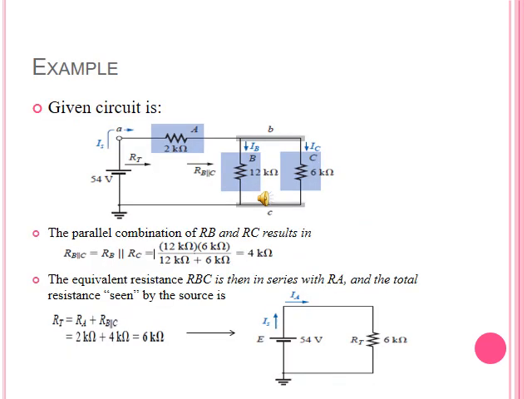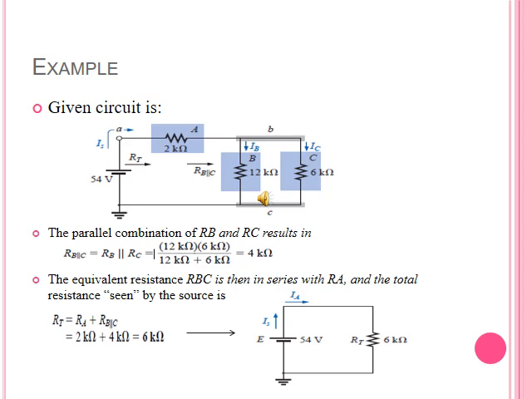Now we are going to analyze an example so that our previously studied technique or approach can be implemented in that example, and you are going to understand it properly. Our given circuit contains a voltage source of 54 volts, a resistor of 2 kilo ohms, another resistor of 12 kilo ohms, and a parallel resistor of 6 kilo ohms connected with it. If we look at the circuit, we have labeled currents IS, IB, IC.